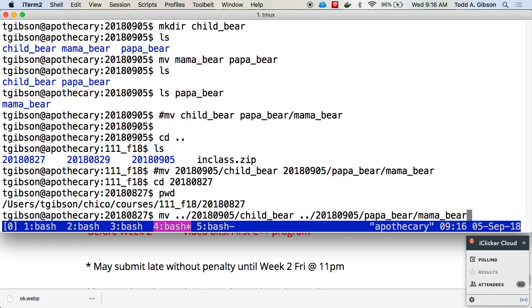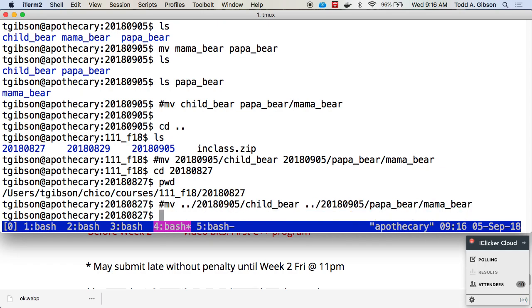Okay. So again, three ways of doing the exact same thing. It all depends on where I am currently when I do the command. Any questions on that? Yes? Oh, yeah. Okay, so